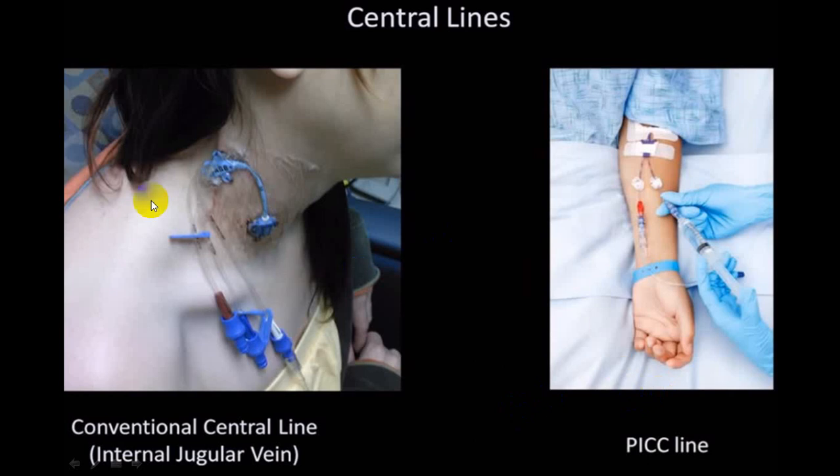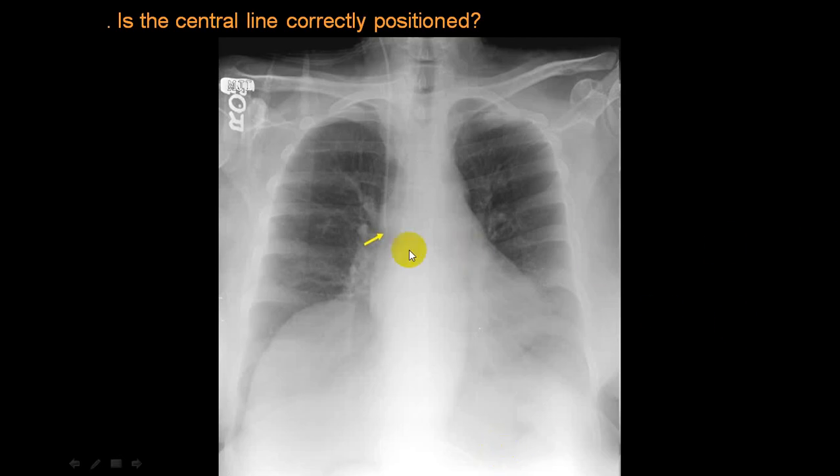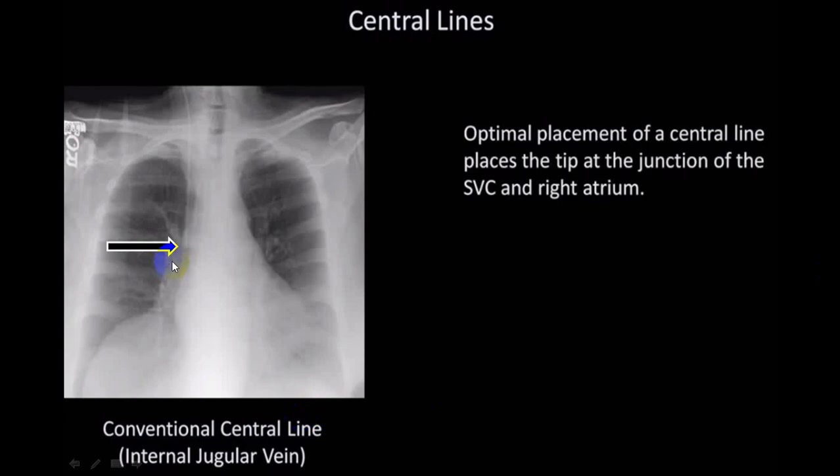You can see this is a central venous line. There are 3 tubes, and this is through the internal jugular vein, and this is the PICC line, peripherally inserted central line. You can see it is right up to here. This is the central line, right up to the carina angle. This is at the carina. Don't push it very far down. You can see here, this is the central line.